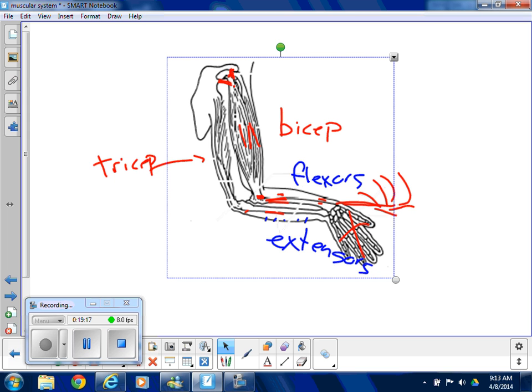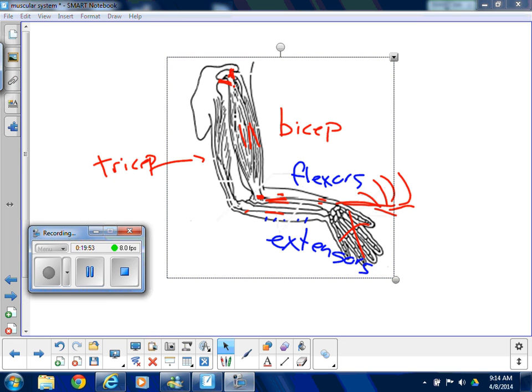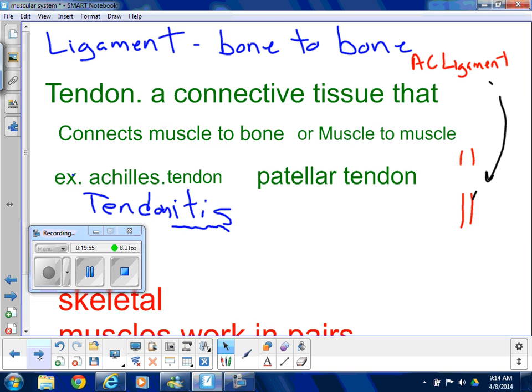There are also a few muscles in your hand for that too. But your fingers moving, as you might guess, there's very long tendons. You can usually see them in the back of your hand. Those tendons are attached to these muscles. So if you wiggle your fingers, you can see these. Also, kind of creepy, if you relax your hand this way and then push on these tendons, it will move your fingers. So remember, tendons connect muscle to bone, or muscle to muscle. Okay, I believe that is what we need.